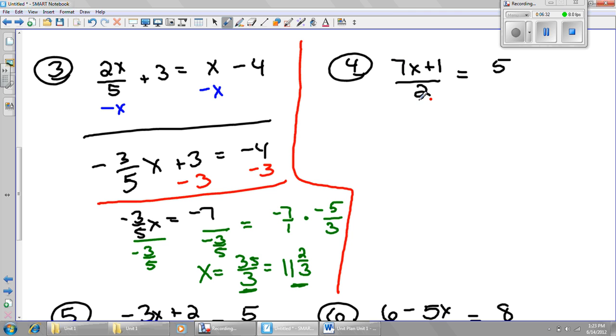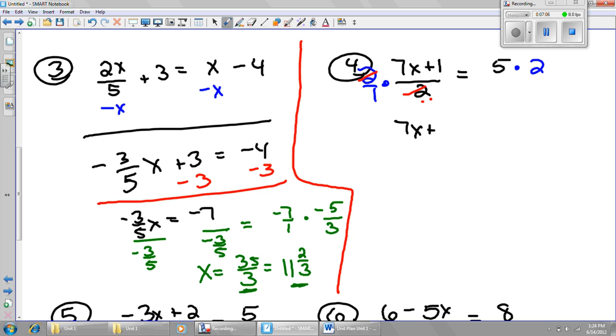This 2 is keeping the problem from being able to be done the way we normally want it to. Let's get rid of it. How do we get rid of it? Well, how is the 2 attached to the 7x plus 1? By division. So I'm going to multiply. But if I multiply the left-hand side by 2, I have to multiply the right-hand side by 2. I'm doubling the left-hand side so the fraction disappears. Then I have to double the right-hand side. That's all I'm doing. So these will cancel, leaving me with